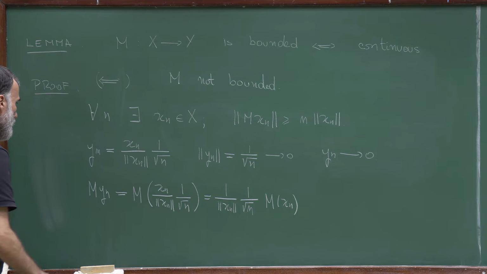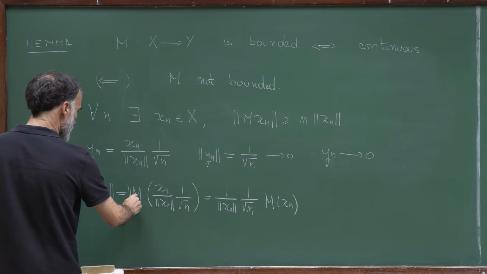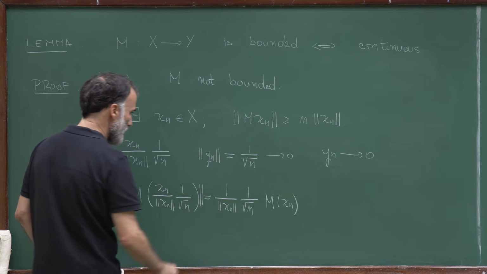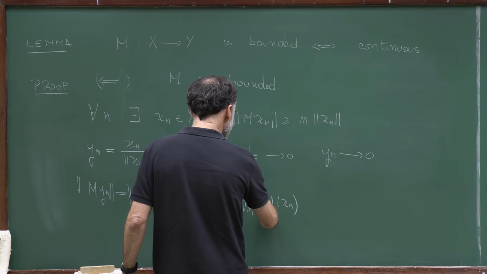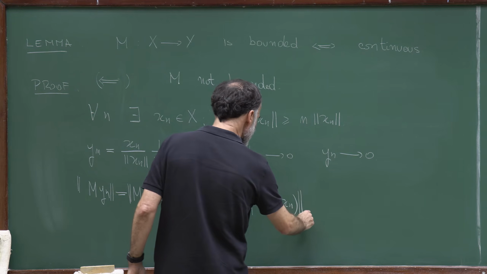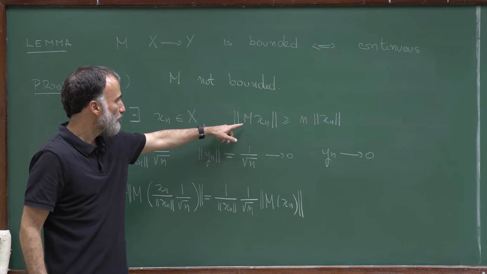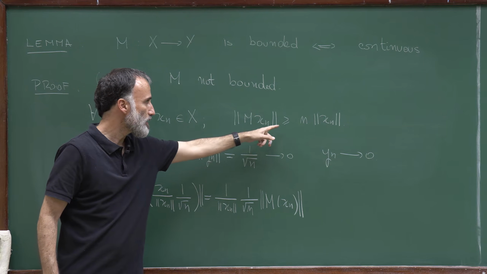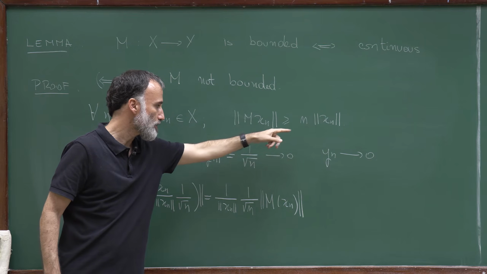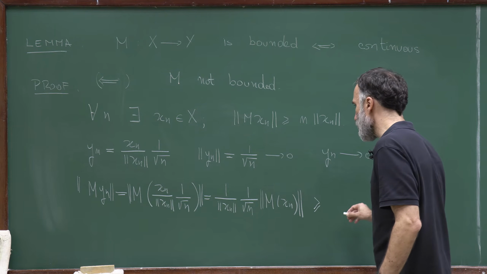Now, if I take the norm on these identities, I get the norm of that, but by linearity of the norm, this is equal to this expression. And by assumption, the norm of M xn is larger or equal than n times the norm of xn. So this is larger or equal